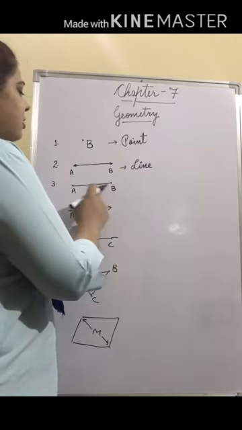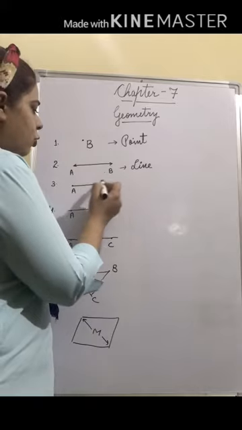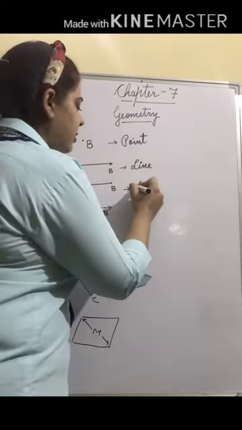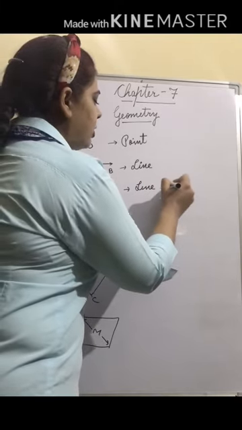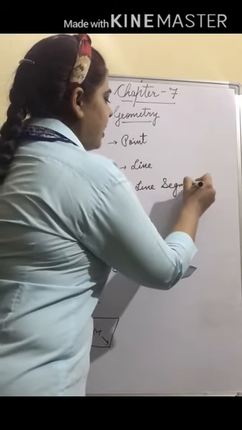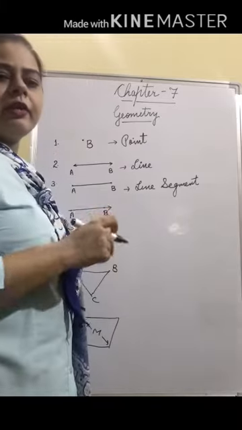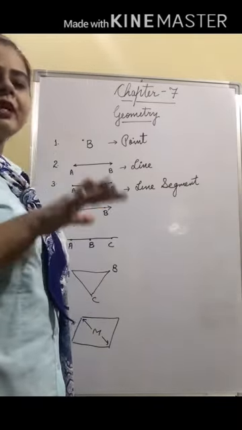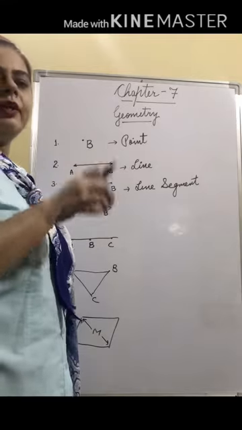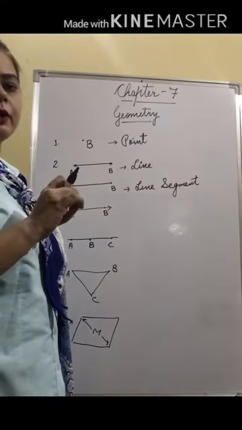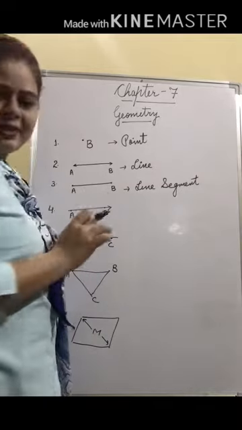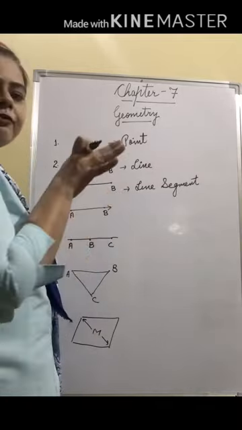Now next, it is having 2 dots, 2 endpoints. Now what is this? This is a line segment. Line segment के कितने endpoints होते हैं? 2. जैसे आप race track में देखते हो, whenever athletes used to run on a race track, उसमें fixed length होती है कि इतनी length, 100 meter race है तो 100 meter तक ही दौड़ना है, 200 है तो 200 तक. So that is a line segment because it has fixed length.